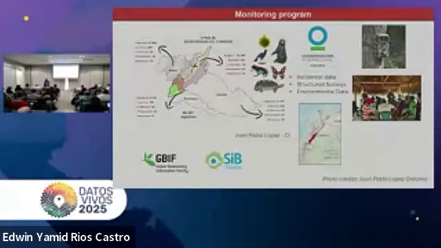And basically what they've been doing is collecting participatory monitoring data for a few years now, and they wanted to know how they can actually use that data to calculate some indicators that will allow them to show that the data that they are collecting is actually doing something in terms of indicating changes in biodiversity in the area. So this is a very challenging process because none of these data is actually structured. They have been just collecting data for different projects.